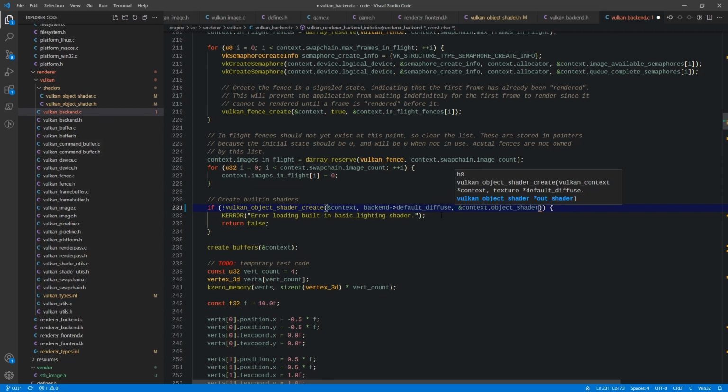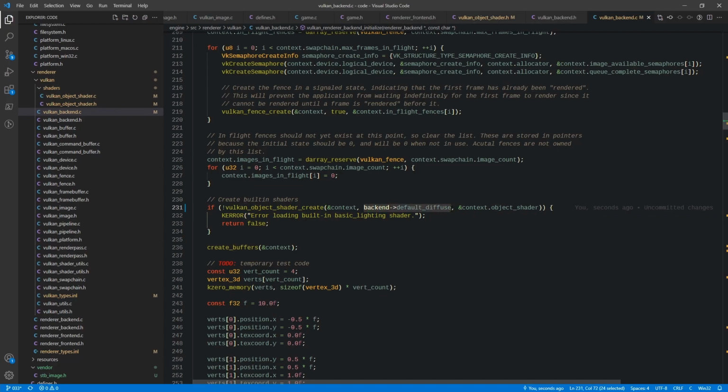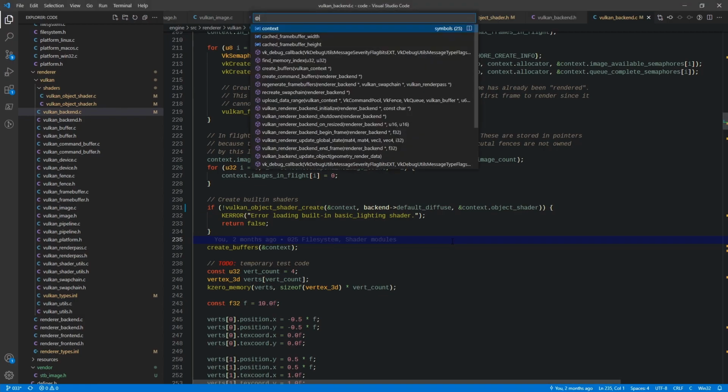Okay, and now that passes through as well. So it just uses that same pointer that is on the back end, it passes that through to the shader, and now the shader has a copy of it as well. One more thing in this file is in the